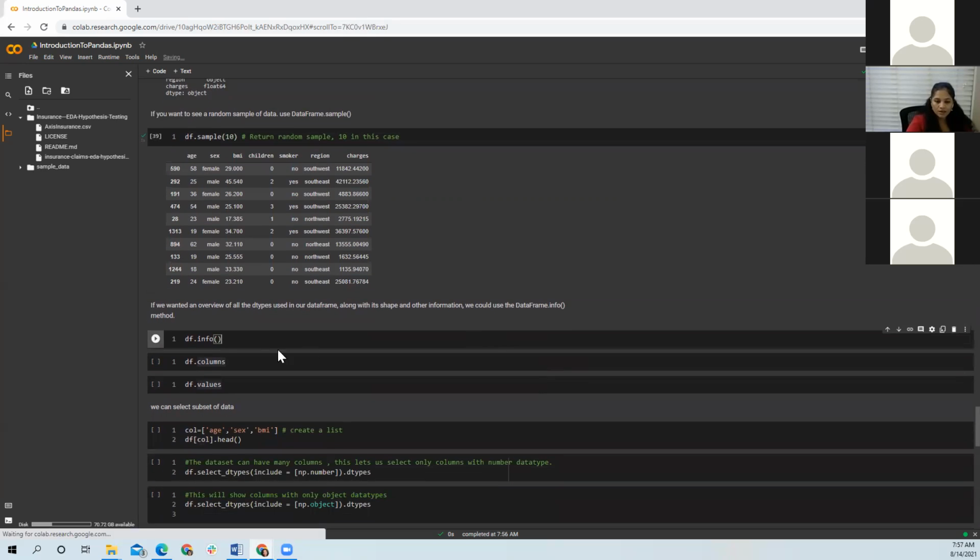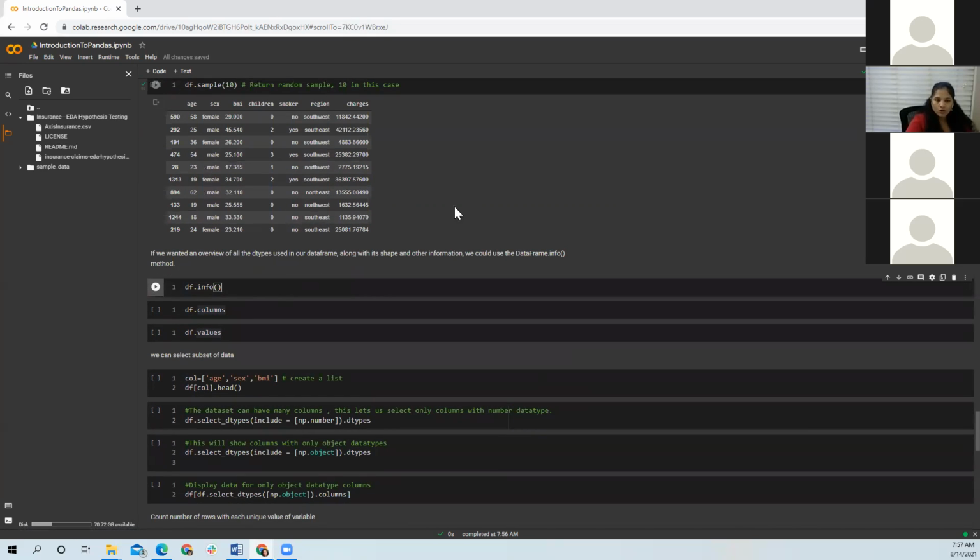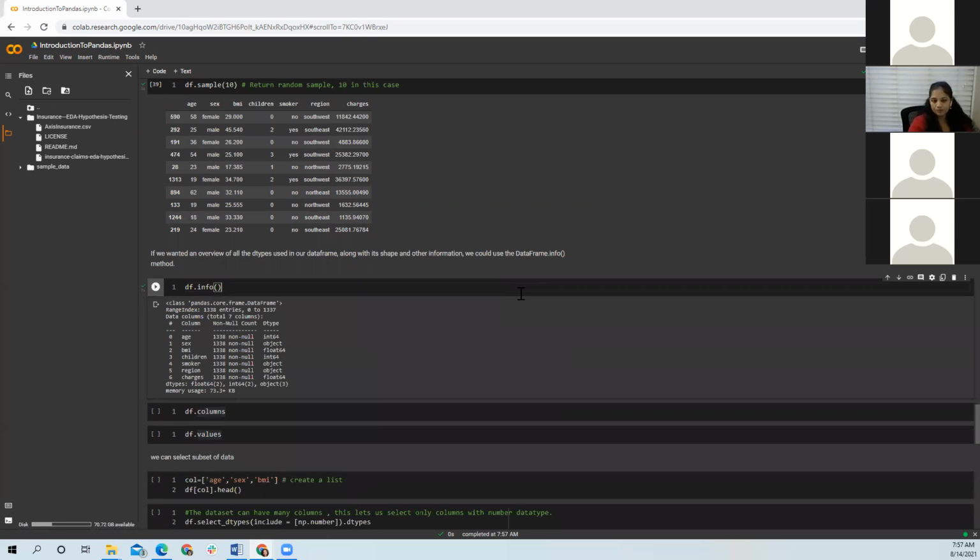Moving on to df.info. Whatever we have seen, the dimensions, then the data types, all this can also be displayed using df.info. In Pandas, there are multiple ways of doing things. So I'm showing the basic things which you should know. When you do df.info, you can see the index, that is the rows here, 1,338 rows.